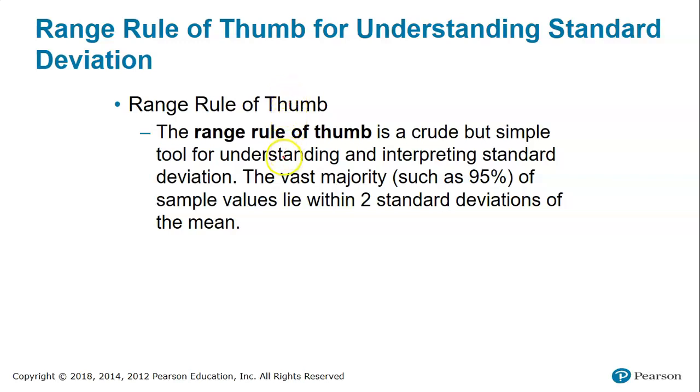Okay, a couple other things to mention here when we talk about variation. One is the range rule of thumb for understanding standard deviation. And it's just like it says, it's a rule of thumb. It's not anything concrete and exact. It's a guide for interpreting the standard deviation. Basically what it says is, since the vast majority, and we're saying here as many as 95% of your sample values lie within 2 standard deviations of the mean,